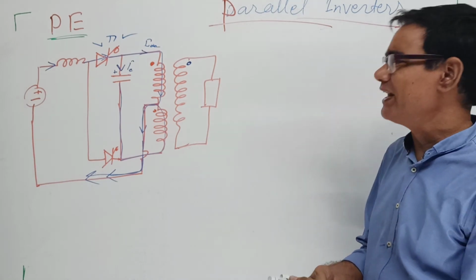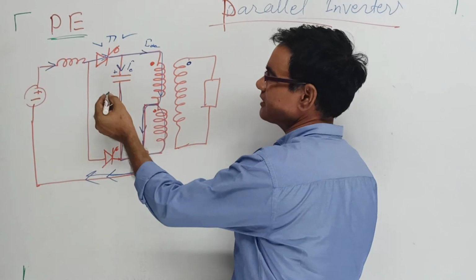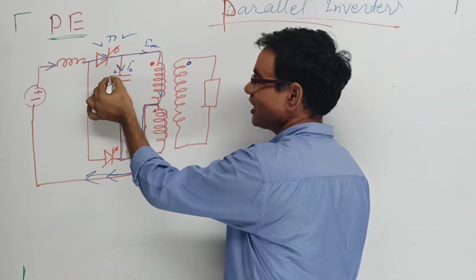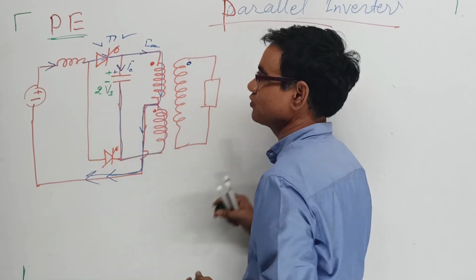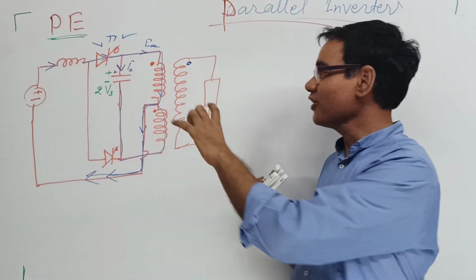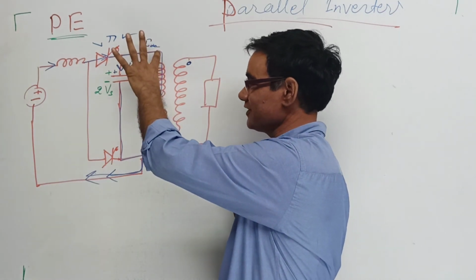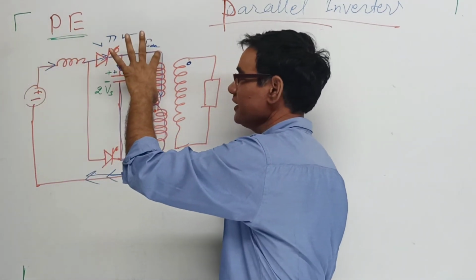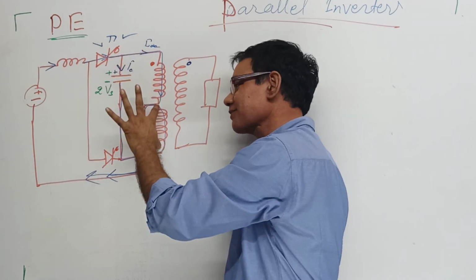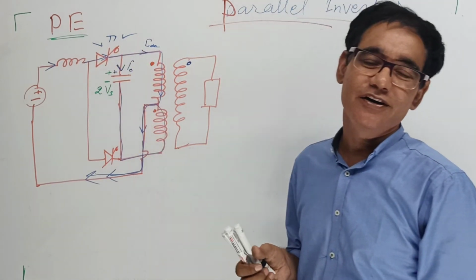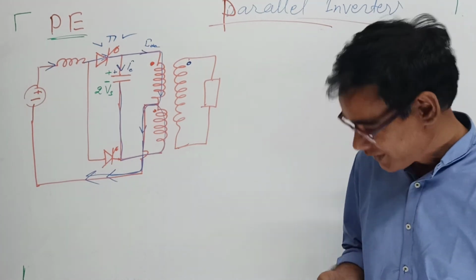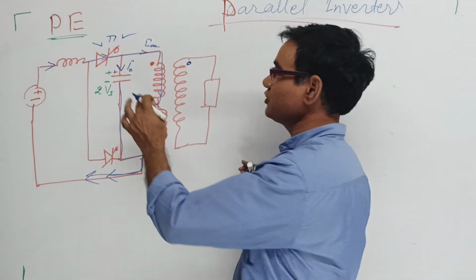This increases the voltage of the capacitor, and it becomes twice the source voltage. That is, it charges the capacitor to twice the source voltage. The source is connected here only, but this capacitor is connected here and here both. So the capacitor voltage is twice the source voltage. Definitely, when this switch is off,